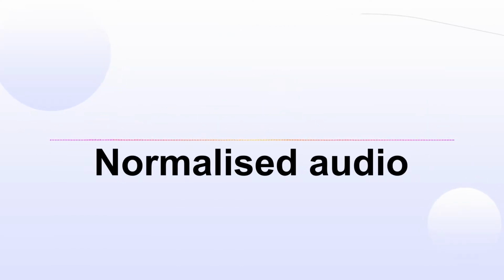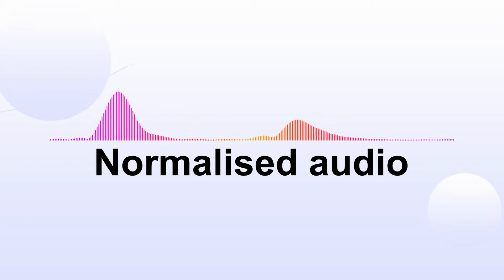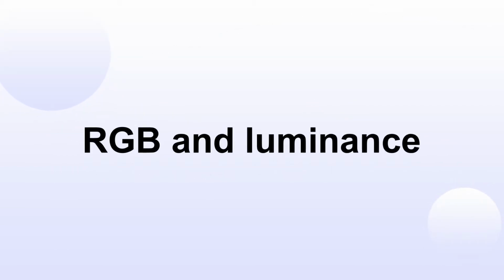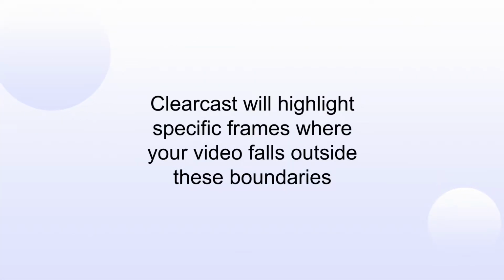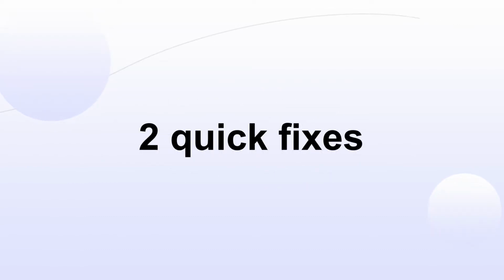So first, I'll be assuming that you've already normalised your audio levels, making sure the audio isn't jumping all over the place, that it's not too loud, not too quiet, and it's consistent throughout the whole ad, as this is something which can hold back the clearance of your advert. Another thing I'll be assuming is that your RGB levels and luminance levels are within legal limits. If your advert does fail due to either of these issues, Clearcast will provide a list of steps to remedy the issues, such as stating the frames with brightness or audio levels are falling outside the legal boundaries. If you're unsure how to keep your video within these ranges, there are two quick fixes that we'll go over later.